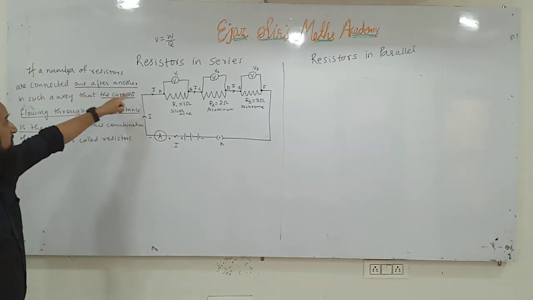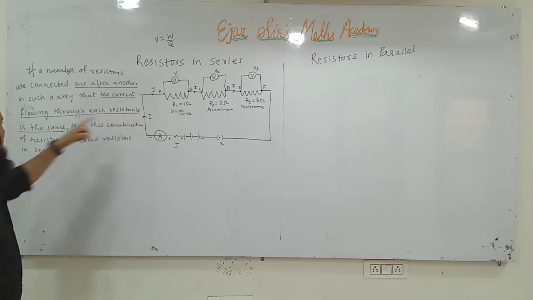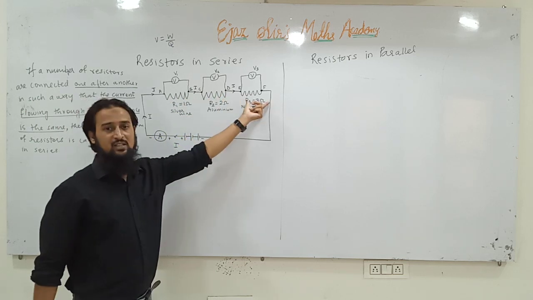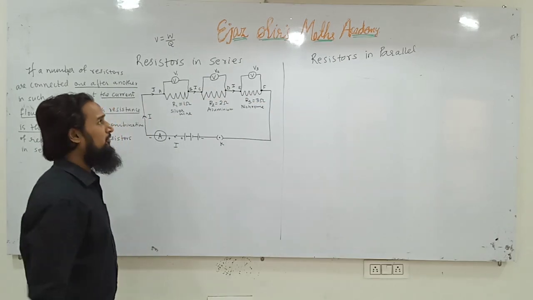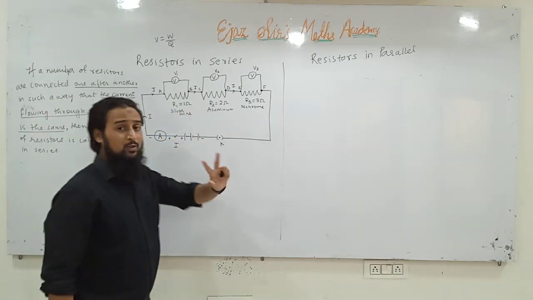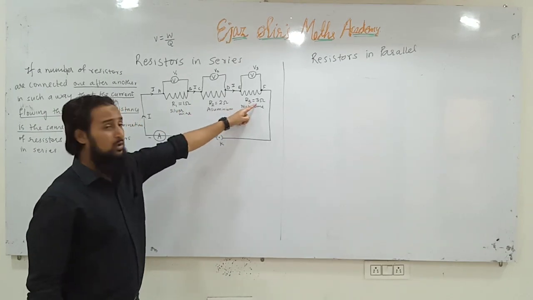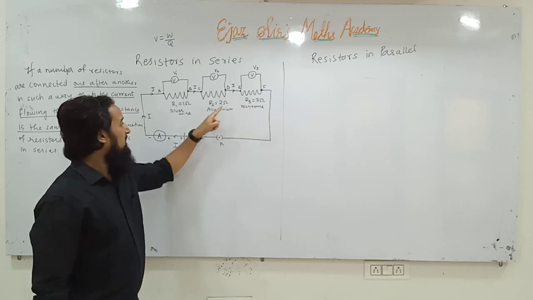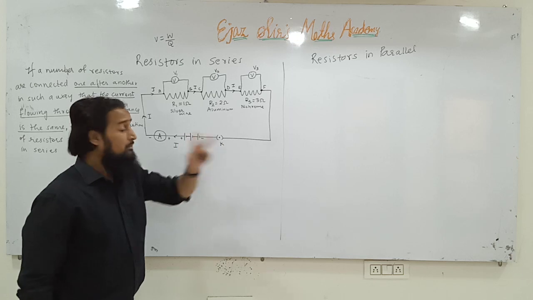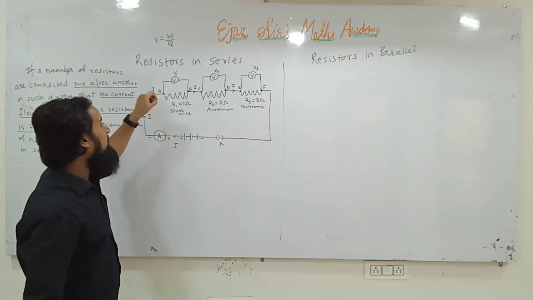Resistors are connected one after another, AB, CD and EF, and the same current I is flowing through resistor AB, resistor CD and resistor EF. The same value of current is flowing through all of them, though their values are different. Don't think that where the resistance is more, the current will be less, and where the resistance is less, the current will be more. No. Why? Because there is no other path for the current to flow.